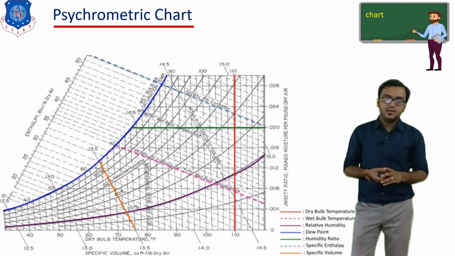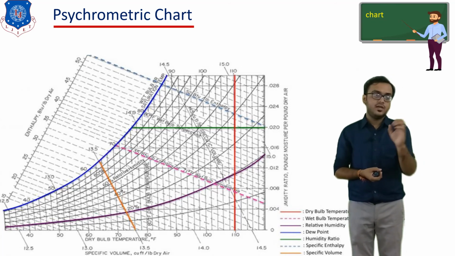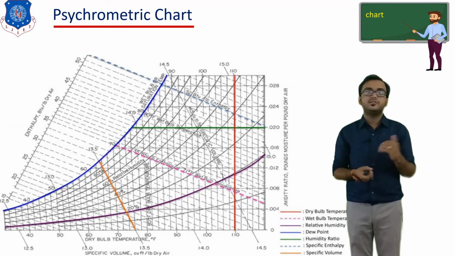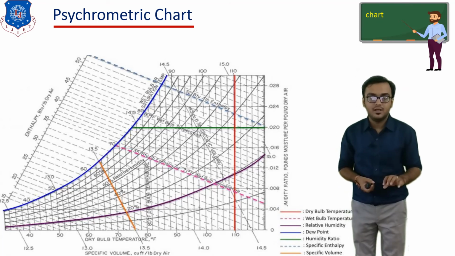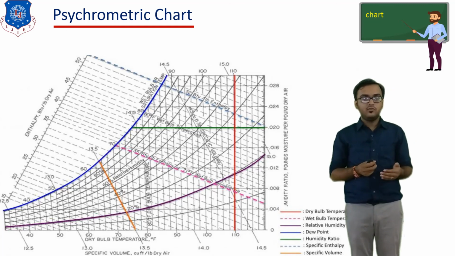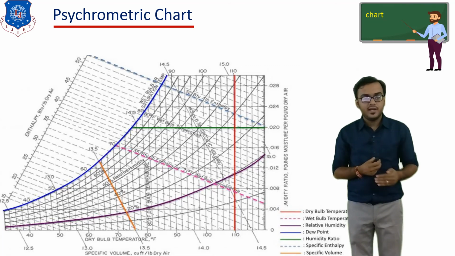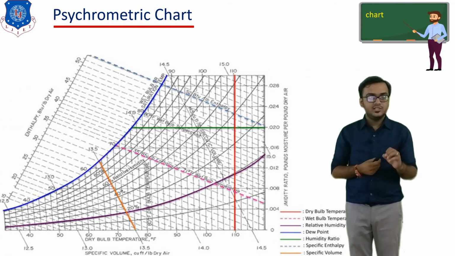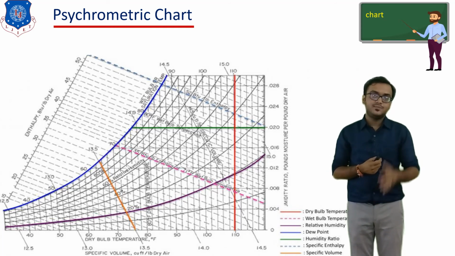Now the inclined line, particularly downward inclined line, indicates the enthalpy line. You can read the enthalpy value here like 20, 25, 30, 35, likewise. If someone told to plot the 40 enthalpy line, then you need to just simply put the roller scale over this line and you need to plot one overlapping line which indicates the enthalpy. Then after, the wet bulb temperature lines are similar to the enthalpy line. Here you can see the pink color dash line indicates the wet bulb temperature line, which is plotted at particularly 70 degree.